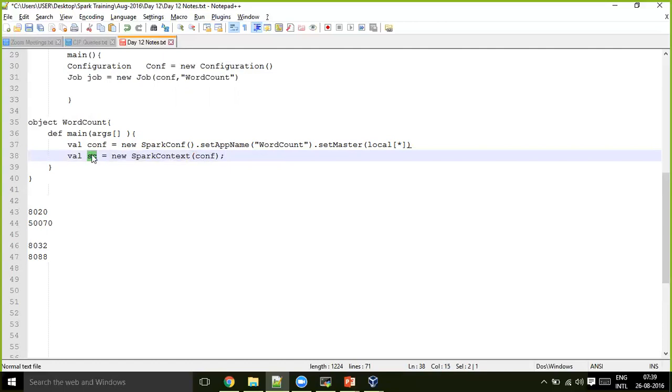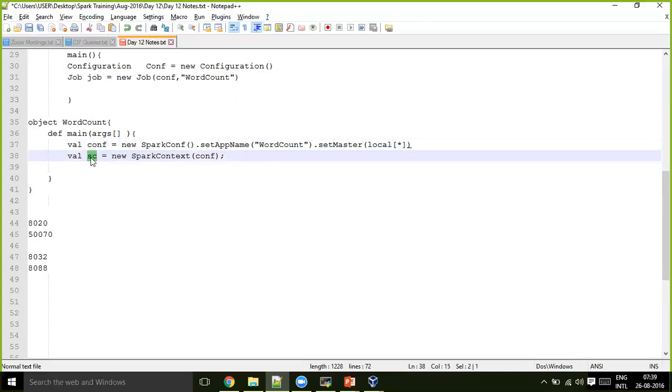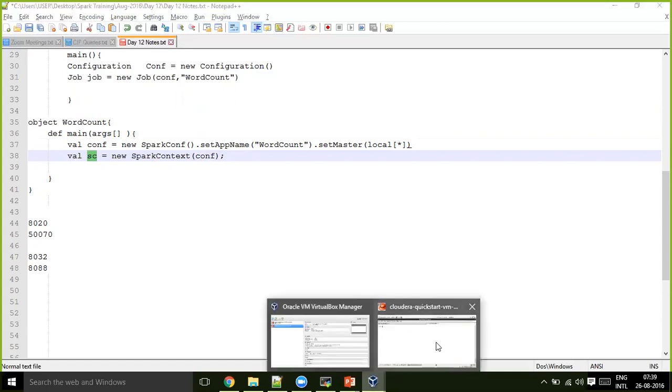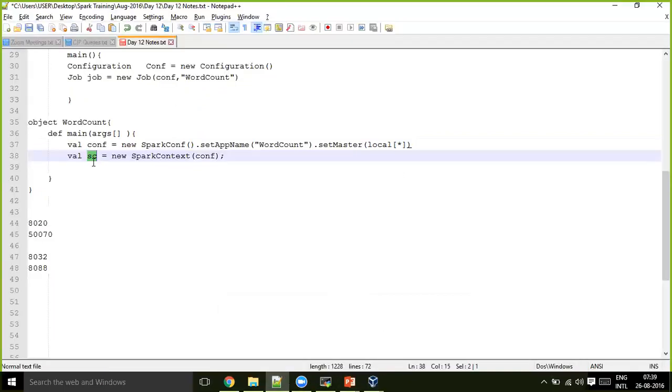And once you get the SparkContext object, it is as good as having your Spark shell. By default, whenever you open a Spark shell, it creates the conf and it creates the SparkContext object for you, and provides it as the sc variable on your shell. From there onwards, you can load any of your files.